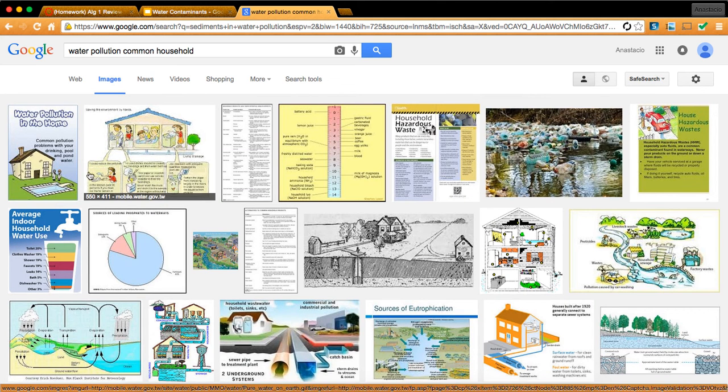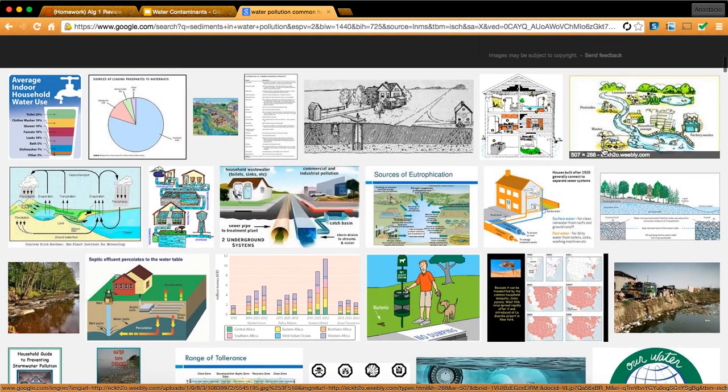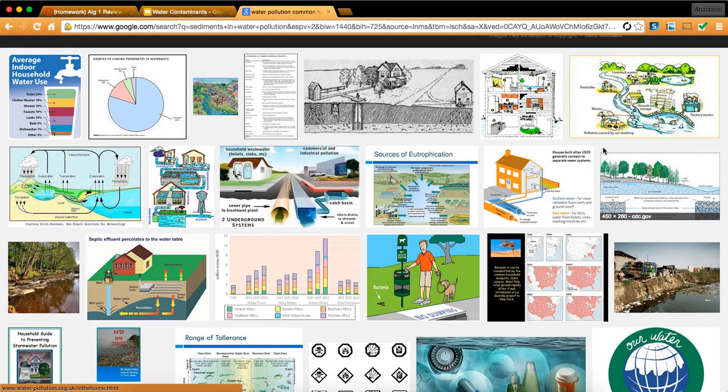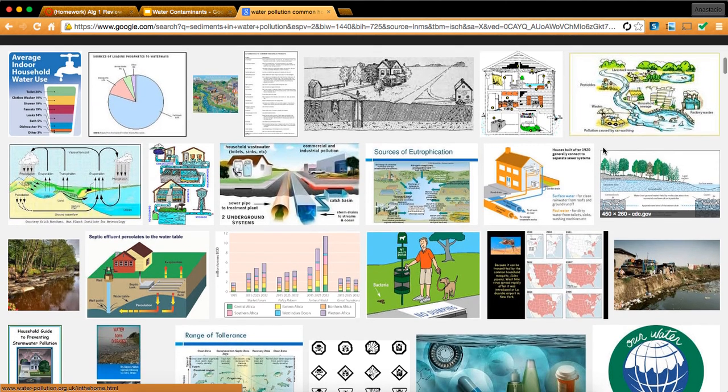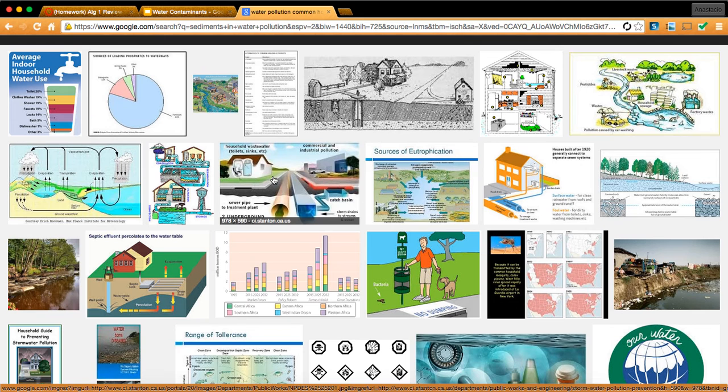All right, water pollution in the home. Oh wait, that's not a nice slide. Let's see. Common household water pollutants, I would say, would be your cleaning chemicals, definitely. What other kinds of things? The soaps that you use, or the laundry detergent, or the food that you put in. Because remember, anything that is not supposed to be in pure water is a pollutant in essence. And so, like all the food debris and whatnot that goes inside,